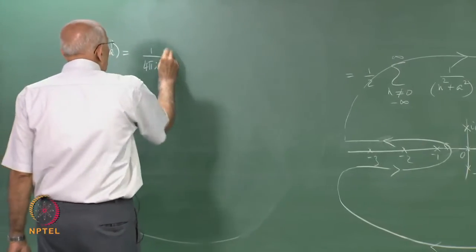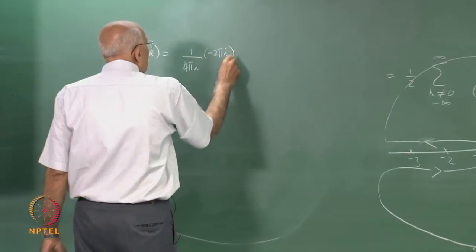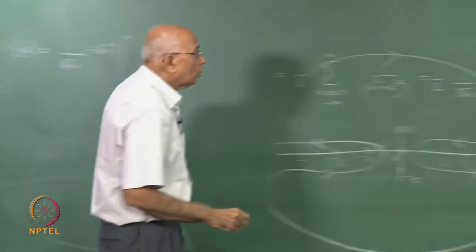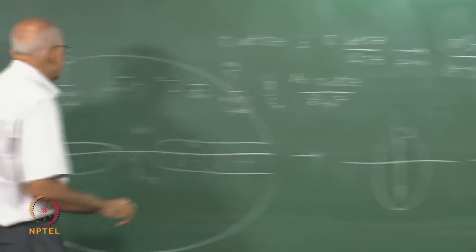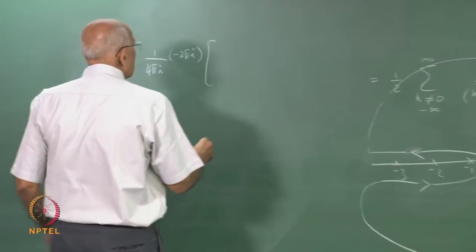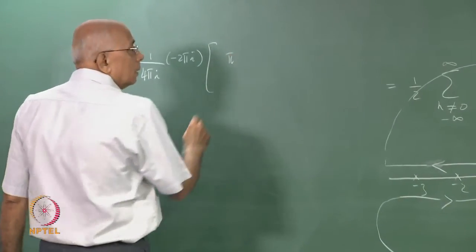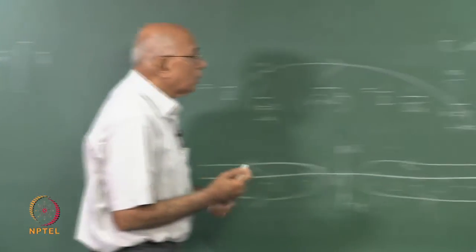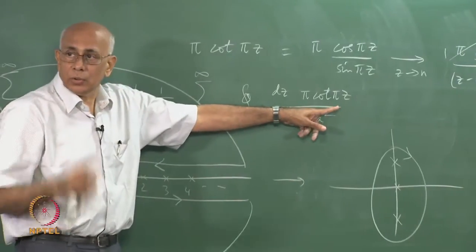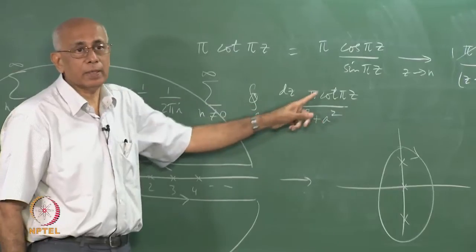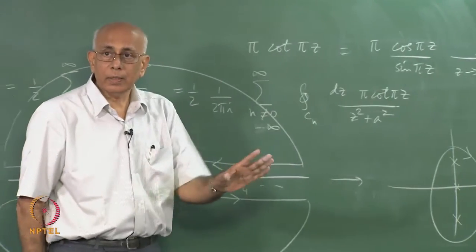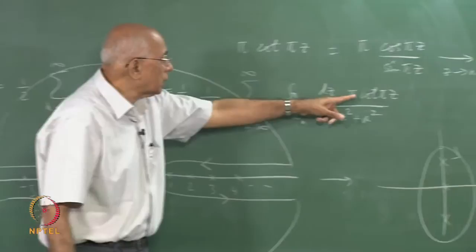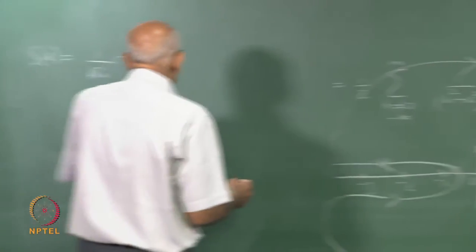So, there is a minus 2 pi i times the residue of these things. So, let us put a pi, the residue at the origin, but the residue at the origin of pi cot pi z is 1 always, because this thing here has simple poles at all the integers with residue 1. So, that is just a 1 there, and then you put z equal to 0, so you get a 1